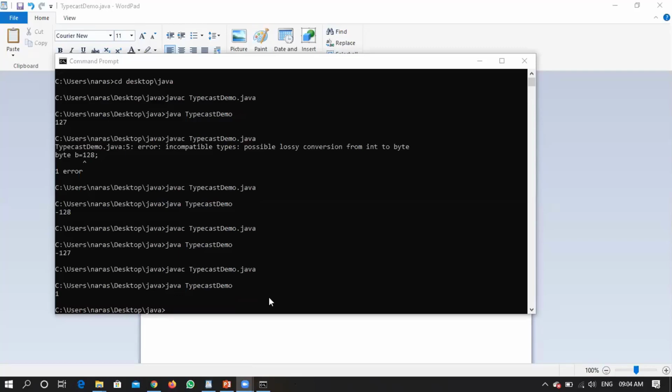Keep this point clear in mind when we are working with bytes. If you are giving an integer value and telling it to convert to a byte, because we are talking about explicit type conversion, right? When you are giving an integer value and telling it explicitly to convert into a byte, if it is within the range, then the value will be printed. If it is not within the range, and by range we mean 256, it will perform a modulus operation on that. Whatever is the remainder, that will be displayed.